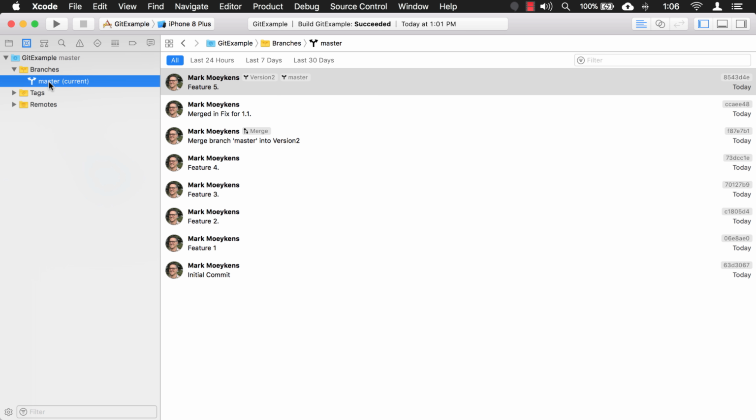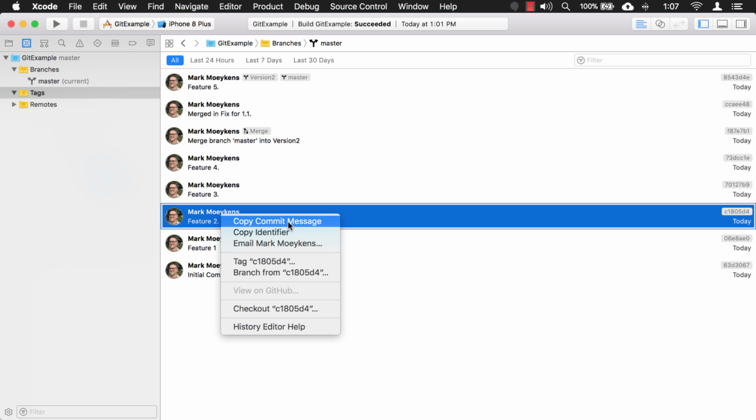If you're looking at master, you see the whole history. But when you're looking at this, you can't really tell which version went to the App Store. Like I can't tell that feature 2 went to the App Store. Well, there's another way you can add additional information, and that is with tags. So you see tags right here. There's no tags right now. But if you wanted to, you could right click this and you could add a tag. And you notice it says